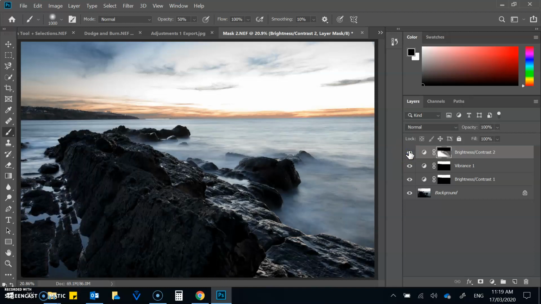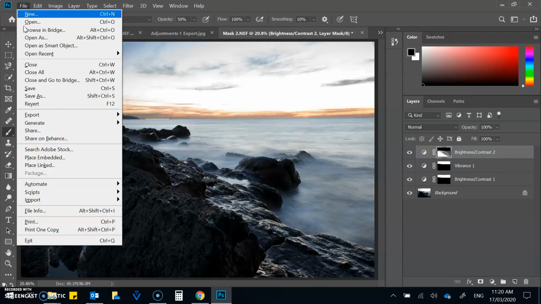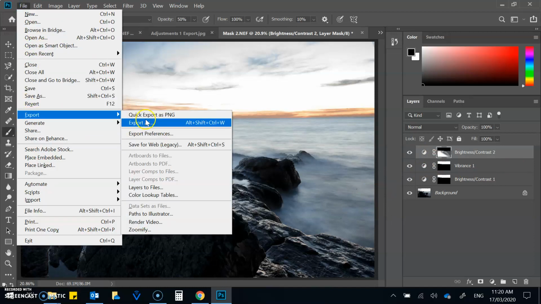Yeah, so I want you to do that now to this image. I want you to play around with the selection tools, create a selection of the sky. I want you to add an adjustment layer to just that selection of the sky, a few adjustment layers to get it looking how you want. And then I want you to inverse that selection. Use the same selection and inverse it to create an adjustment layer for the foreground, like we have here. And then use the paintbrush tool to be creative and selectively paint back some of the darkness and brightness into the image. Once you've done that, you can export the image as